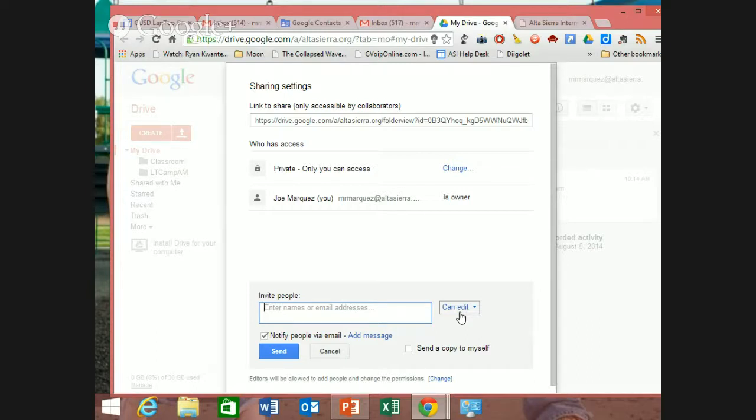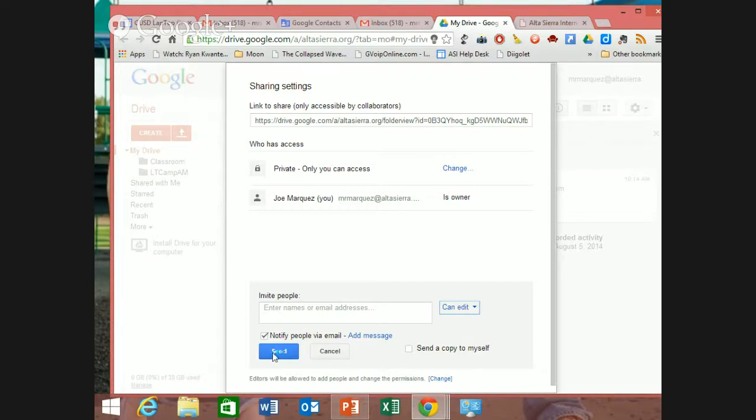Now, maybe you want to share with your friend, but you don't want them to edit. Then you would select can view. That means they can get to your document and they can read it, but they can't edit it or make any changes. They can just view it. Now, when we get to the actual documents, there's another option called can comment, meaning they can view it, and off to the side they can leave little comments to make it better, little fixes, but they can't actually edit your paper. Okay? But for right now, we're going to leave it at can edit,